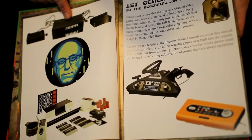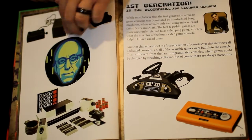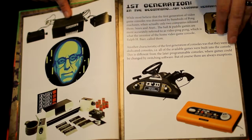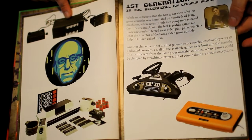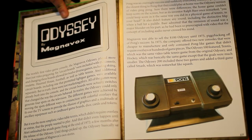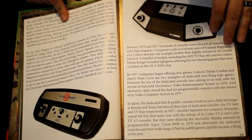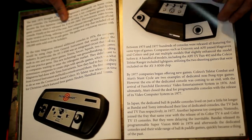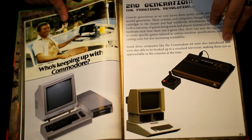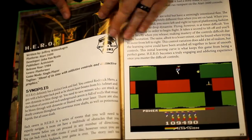So this is a really cool book. This is the first generation that it goes through, and you've got the Magnavox Odyssey with, what's his name, Ralph Baer? Yeah, Ralph Baer, pretty much the creator there. All this stuff is pretty old for me. It's not stuff that I would have much interest in personally, because my gaming didn't really start until probably the third generation, I believe, which was the NES, Master System era. But yeah, here's the Atari 2600,